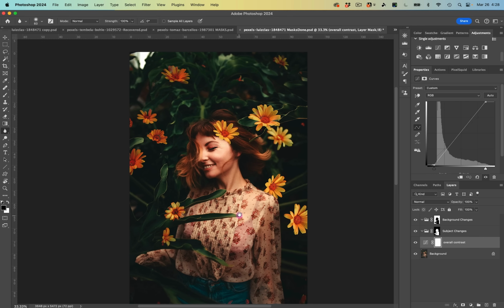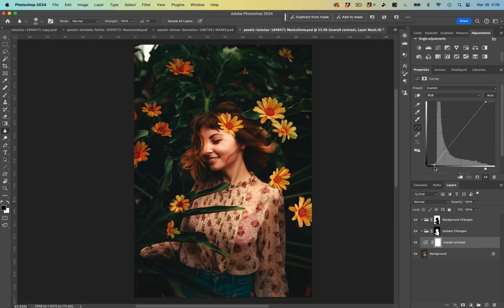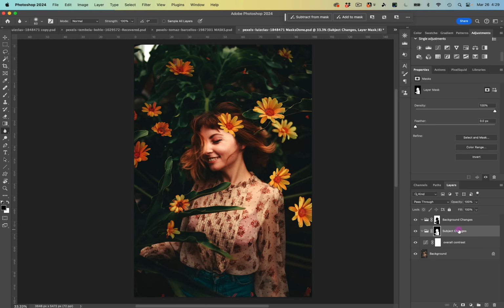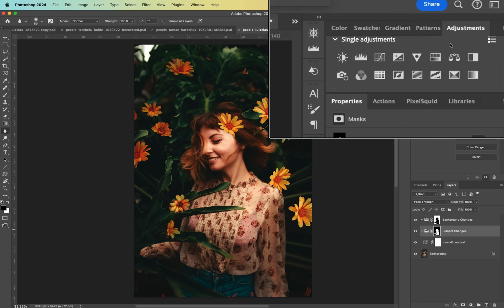All right, so with this image, I think I'm going to just bring in this black point a touch more to make sure that it's really contrasty. All right, so now we're going to move on to the subject. For this, we're going to start with just a regular vibrance adjustment layer. So we'll go up to our single adjustments. We're going to choose the vibrance